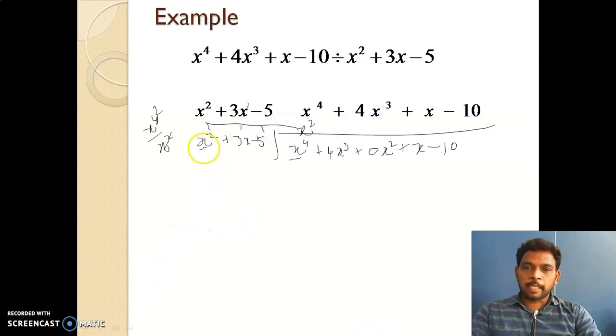So here x square, definitely it will be the same, that is x to the power 4. Next, multiply the second term with this one. Here plus, here also plus, so the sign is plus. And here 3, here 1 is there, so 3 into 1, 3, and x square, so x cube. Next, here minus, here plus, so plus into minus, minus. And here 5, here 1, so 5 into 1, 5. And only one variable is there, x square, as it is.